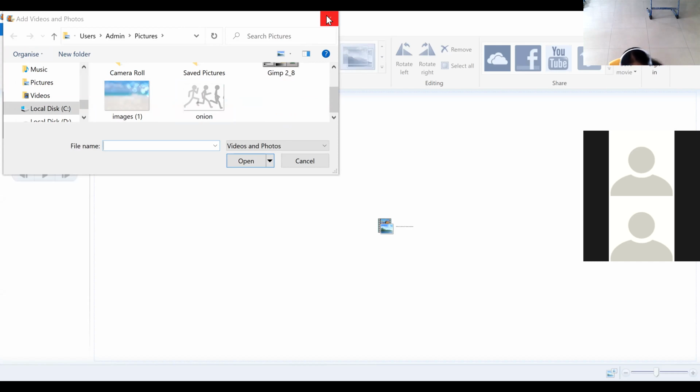Similarly, you can download music and images, and keep them available already in your folder. Once you browse and click on add videos or audios, it will ask for the location where you have already saved, so that you can select and open it, and it will come and fit into this movie maker. Clear, everyone?